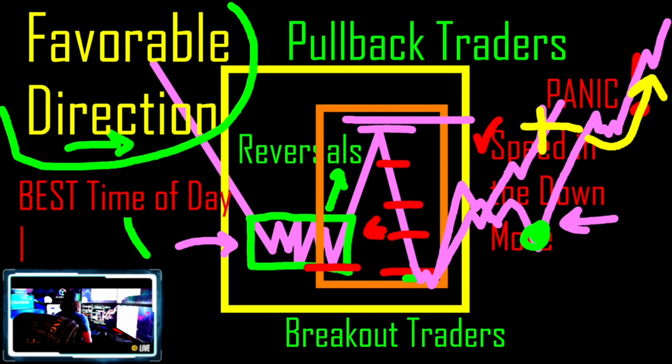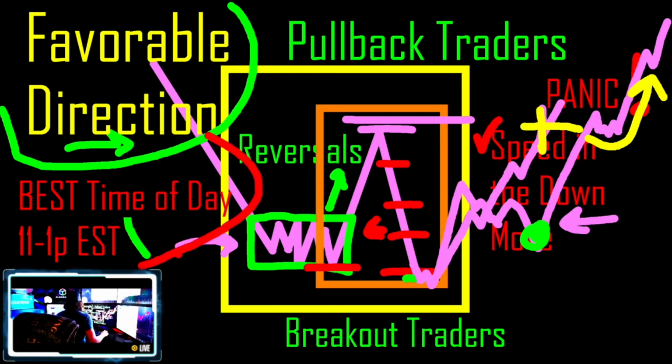But best time of day for one of these is between 1 p.m. Eastern time. Okay, also known as our beast mode hours, right in the middle of the day. This is where you can literally catch a continuation reversal that goes with the favorable direction, and this can be an all-day, rest of the day move if you're holding out those runners. Again, if you are in your final 40 days with us, we're practicing hitting those home run trades, and you're executing those. This is a great